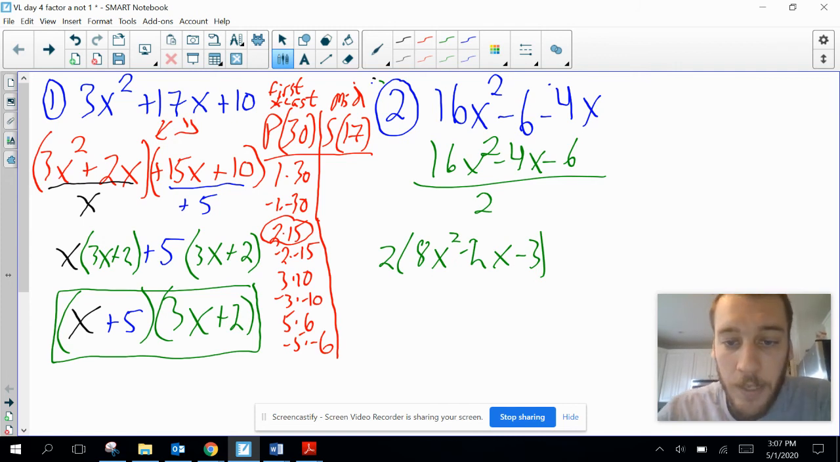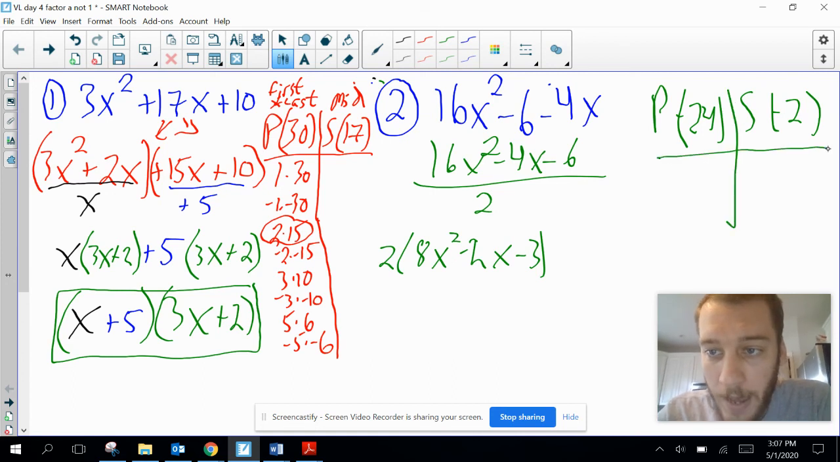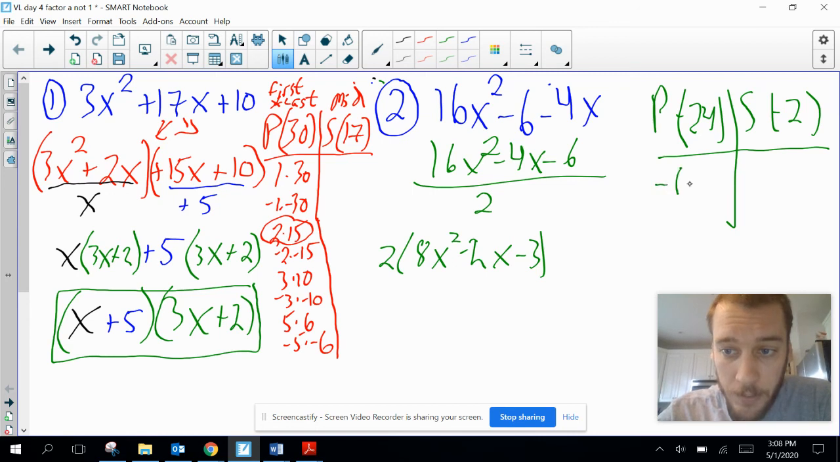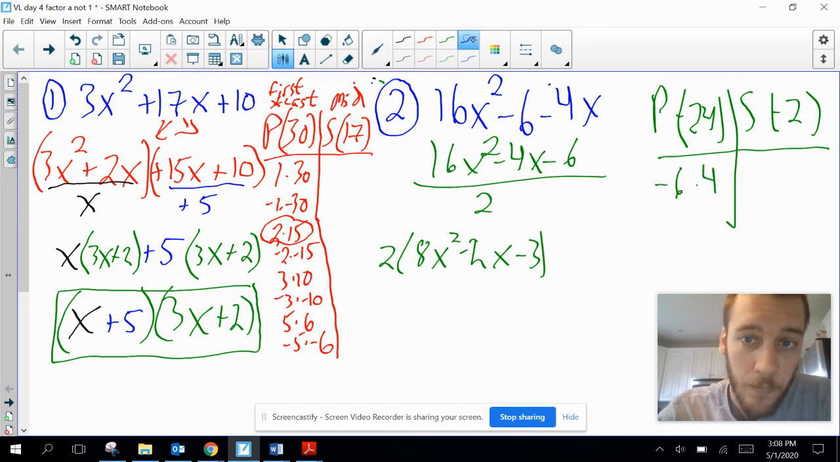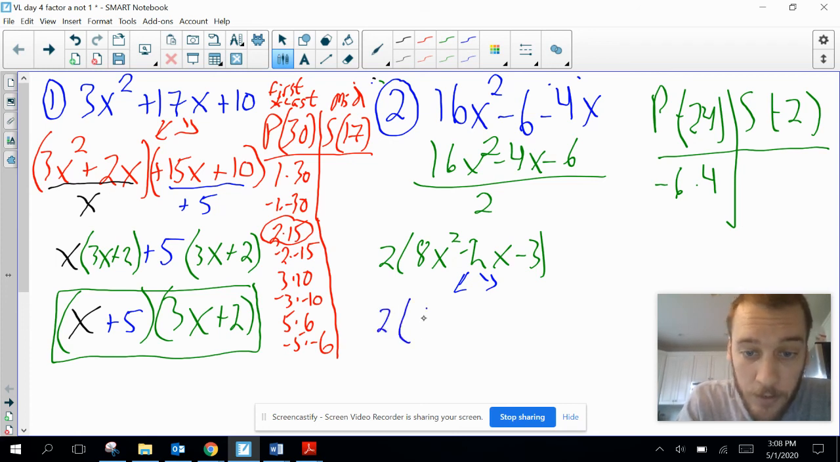So my product is going to be 8 times negative 3. So my product is negative 24. And my sum is the middle term, negative 2. So got to multiply to get negative 24, but add to be negative 2. What's that going to be? 12 and 2? Nope. 6 and 4, right? So I want negative 6 times 4. That's going to multiply to be negative 24 and add to be negative 2. So I'm going to split these up with those numbers, negative 6 and positive 4. So we've got 2 from before. And I'm just going to rewrite this, 8x squared